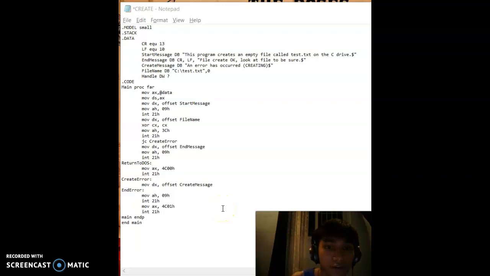So this is the first example in lab, lab 6, which is create. This code names a file which will be opened or created, and then this code stores the file handle,